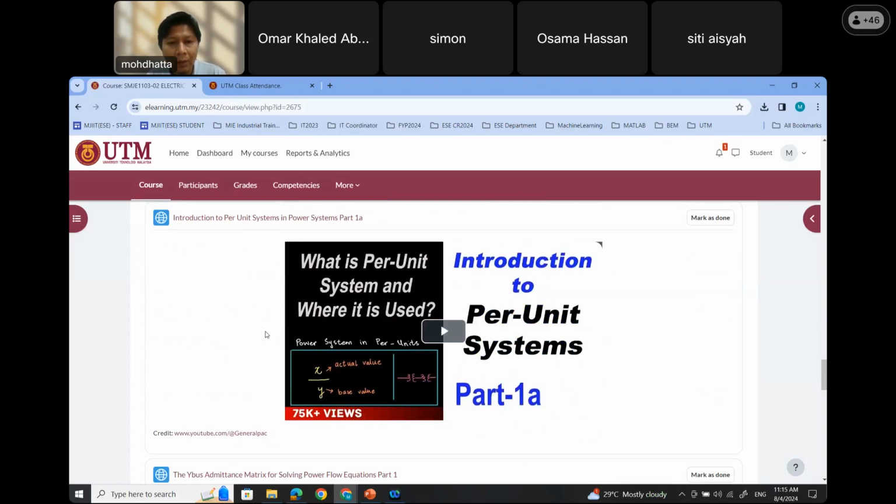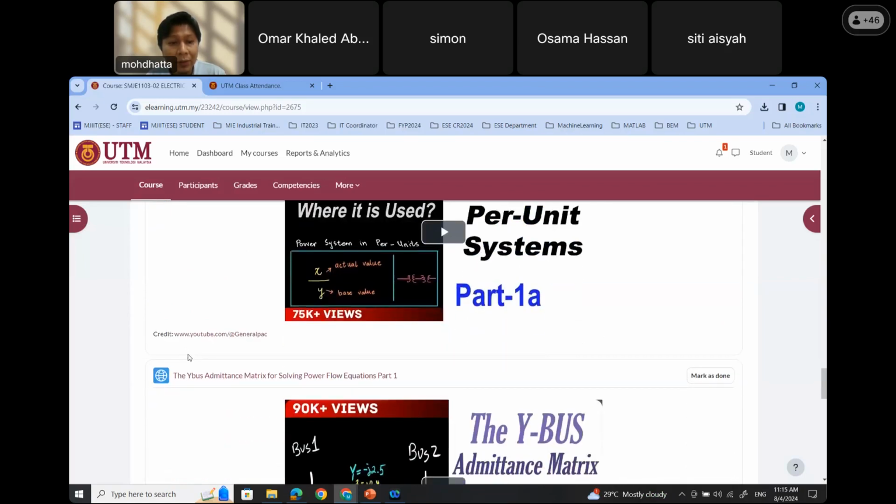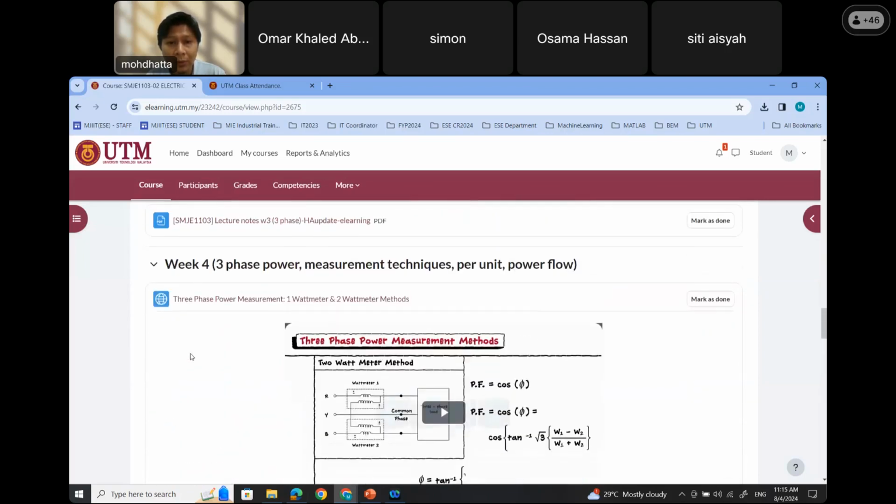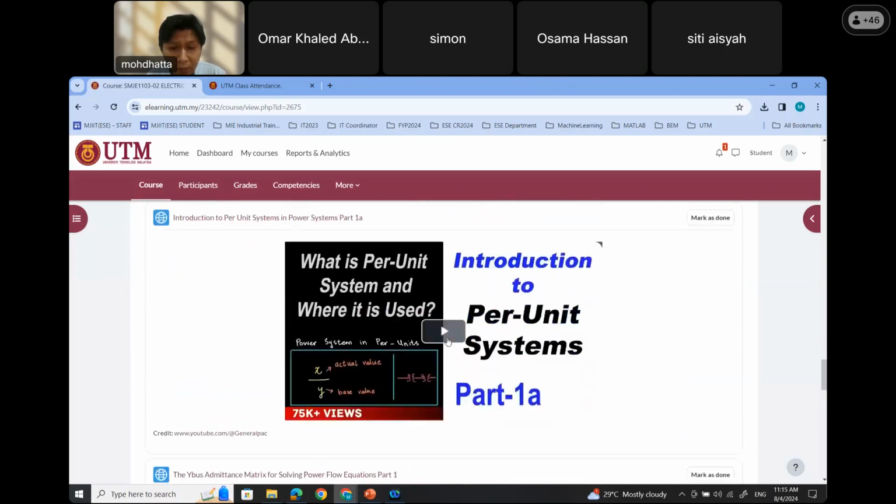One of the topics that we should cover is the per unit system, because if you miss this per unit information, you will have difficulties later on in order to analyze the power flow, because the power flow topic will also be covered here in week 4. But we are not going to cover it this week. Maybe somewhere next week we will continue what we missed, or the things that we could not cover due to the holidays